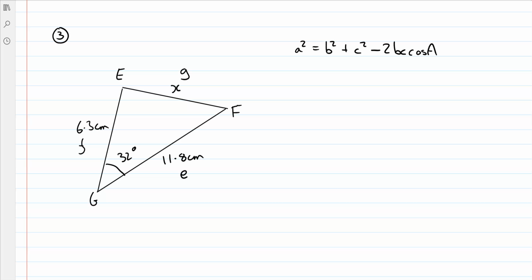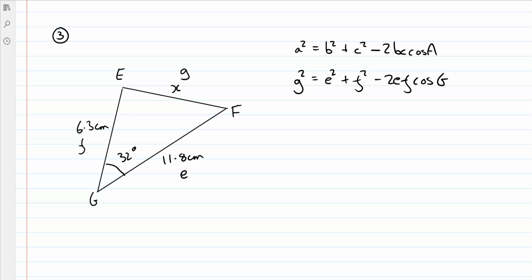So because the x is with g, we want to make g the subject of our formula. So instead of a, b, and c, we're going to start with g squared because that's what we want. So g squared, and the other two letters are e and f. So e squared plus f squared minus 2ef cos, and this angle, remember, just has to match up with this side. Okay, if you really want to, you can cross through everything, label it A, B, and C again, but it should be okay for you to pick up with any letter that you like, as long as those two things match at the very start and the very end, and always make it the one you're looking for